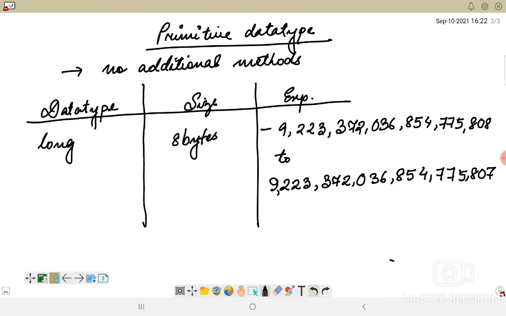Generally, most of our programs are based on int. Most of the variables which we use in our programs can be satisfied using the int data type. However, if you feel you need a bigger range of variable, then you can go for the long data type. Then we have